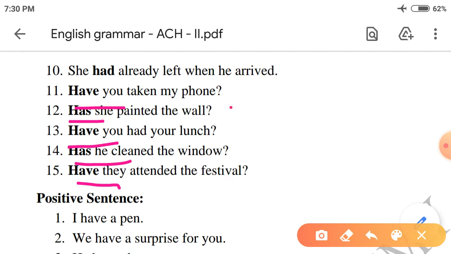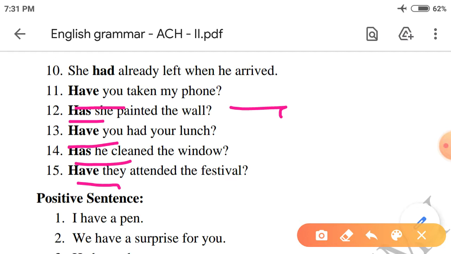And even just before we have seen about you have taken my phone. Okay, we can convert this into the answer. Have you taken my phone? You have taken my phone. Yes, you have taken my phone. No, you didn't take my phone. Understood? Okay. So when we are framing the questions, these supporting verbs should come first. Understood? For an example, do you like tea? Yes, I like tea. Understood? So when we are framing the questions, the supporting verbs or the auxiliary verbs should come first.